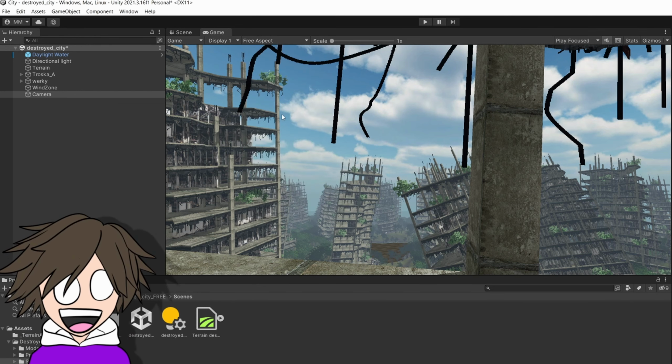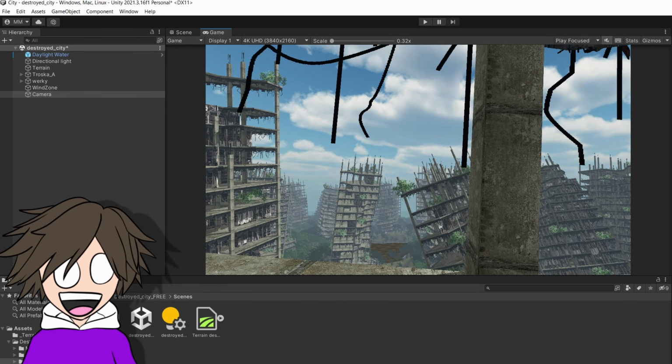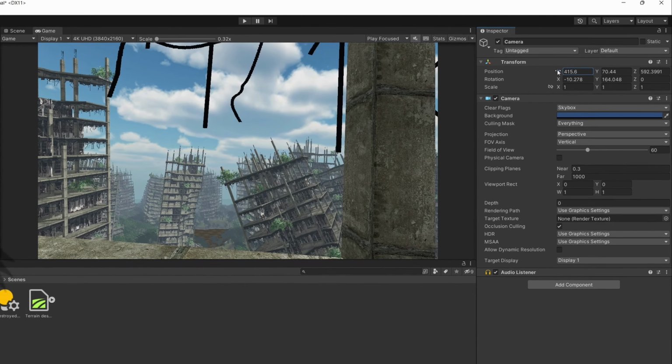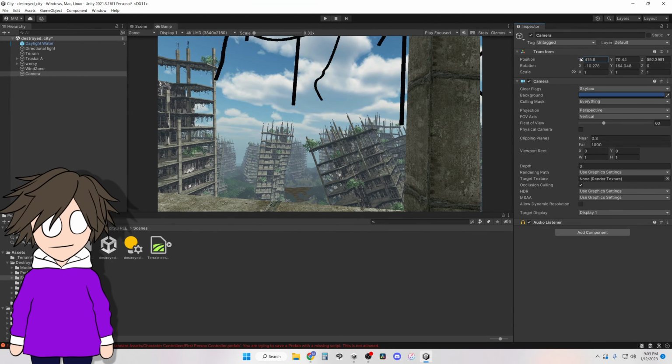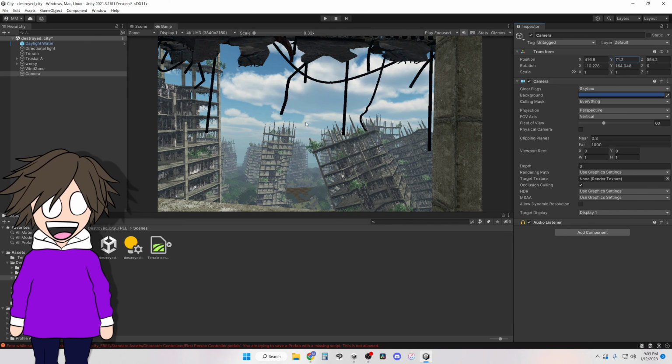For this video, we're just going to do 4K though, just so I can make a nice little thumbnail. And basically you can fine tune. If you select the camera over here, you can mess with all the properties, get it right in the exact position you want. And again, I would recommend staying in the game mode just so you can see how it's going to turn out. Now, honestly, this looks pretty good right here, but there's even some more steps you can do